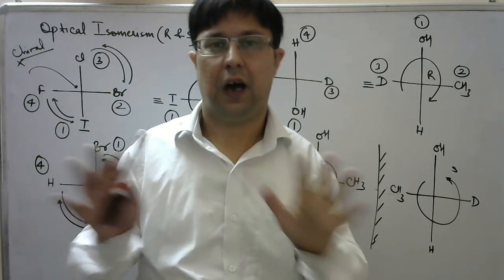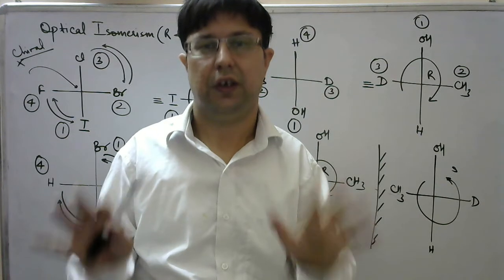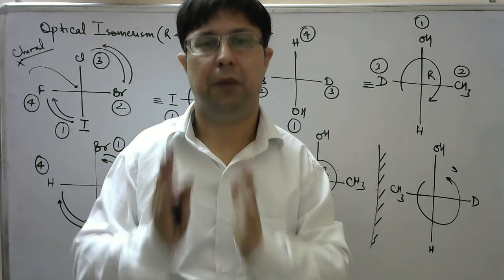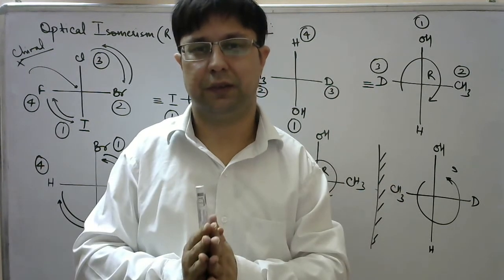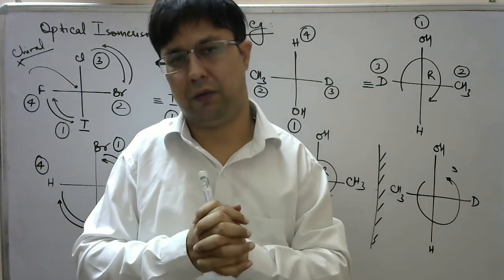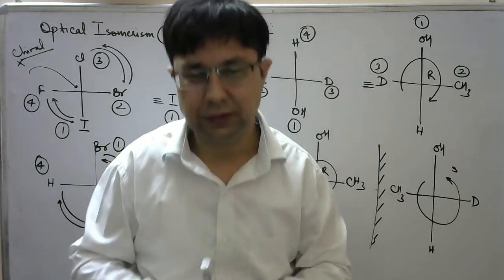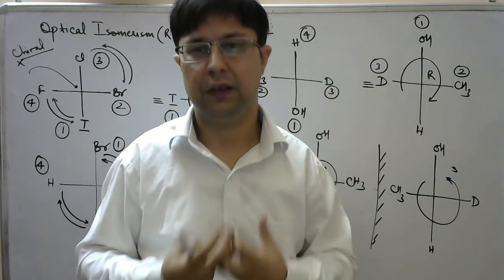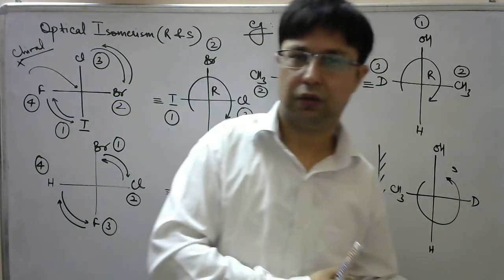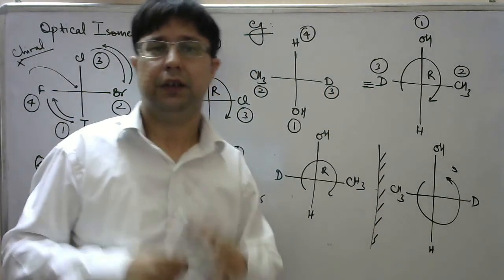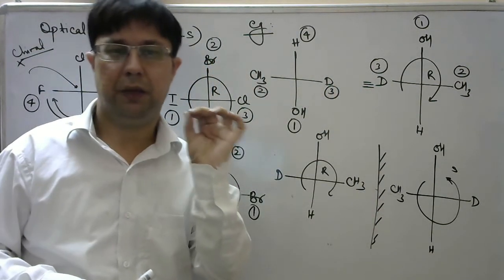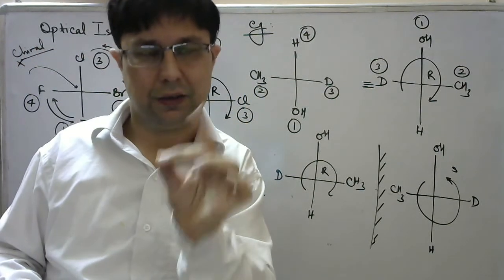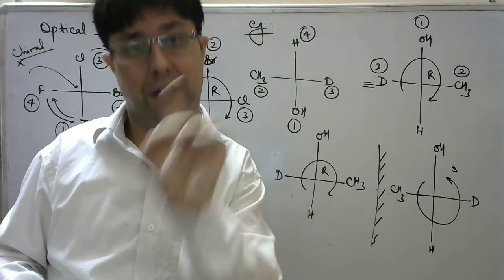Is it clear? R and S configurations indicate the enantiomeric relationship. It will help in better understanding of optical isomerism in optically active compounds having two or more chiral carbons, and we will be able to analyze the concept of optical isomerism more clearly after we understand the R and S configuration. Clear? Keep in mind the noted point: R does not signify rotation of plane polarized light in the right direction.